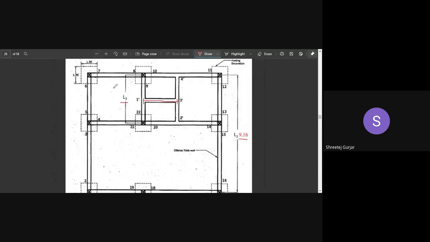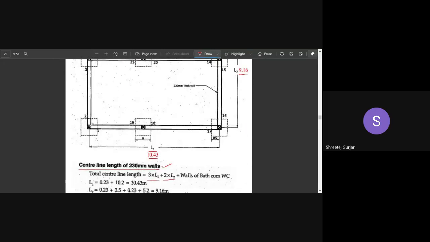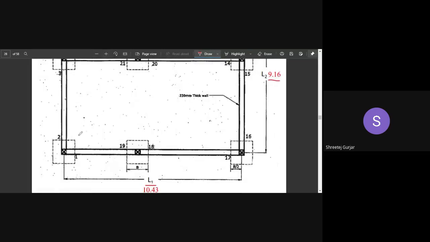Here we have our plan. We will start from the bottom left corner. So this column face is in contact with your wall. So this is one. And then this face is also in contact with your wall, so this is 2. And then there is no wall here, and there is no wall here, so no need to consider this part. So 1, and then this is 2. See, they have mentioned over here 1 and then 2.